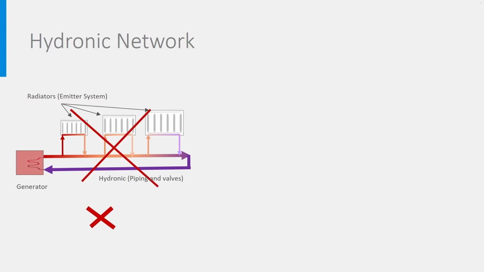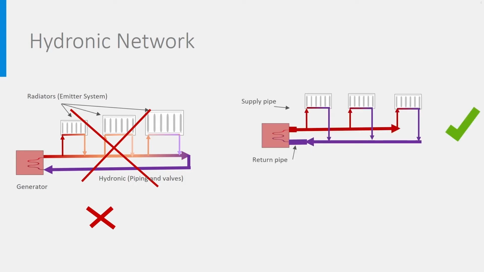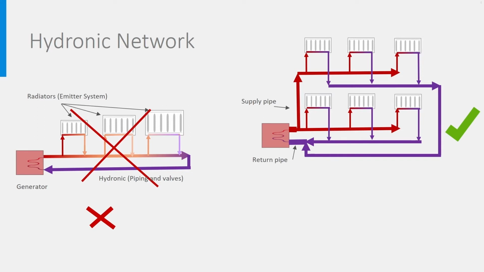So, in an energy-efficient heating network, a so-called two-pipe system, the radiators should be placed in parallel, like that. There is a supply pipe in red and a return pipe in purple. In fact, they are connected to each other in a closed loop. This way, all radiators get the same temperature levels and can deliver the same quantity of heat. Even more branches are possible, like that. In the case of a building with 5 floors, we would have 5 main branches. I show now only 2 of them.